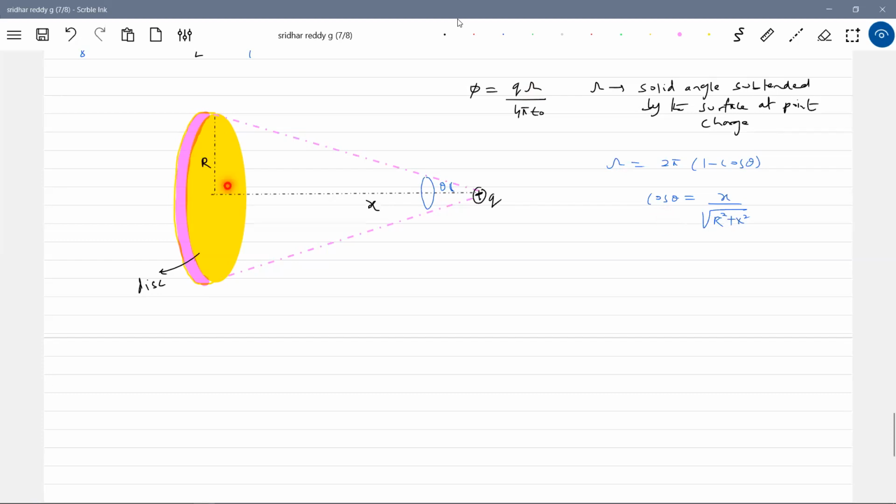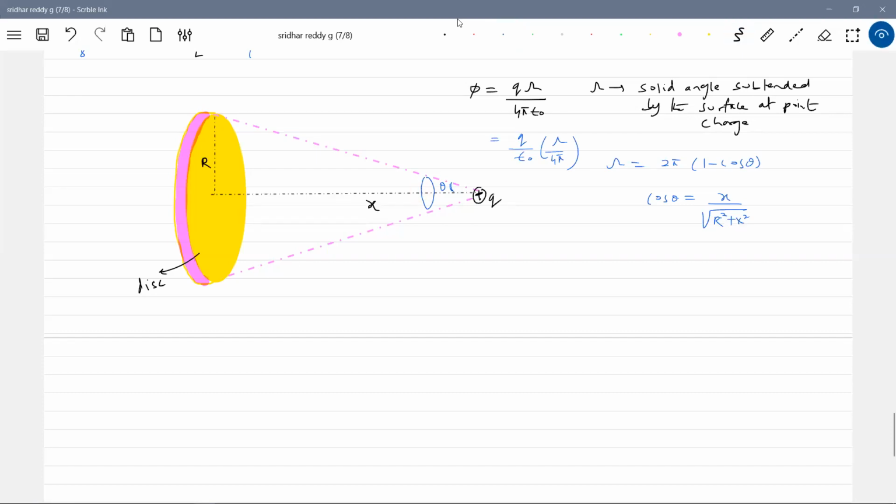If you look at the Advanced syllabus also, till now we don't have anything on solid angle, but in S.U. Verma and most of the books they have discussed it. So let's have a formula-based discussion. How to calculate the flux linking the circular disc? For that, if you know the solid angle, it'll be much easier. Q times the solid angle by 4 pi epsilon naught. If you rearrange, actually it will come like this: Q by epsilon naught. This is actually the correct form.